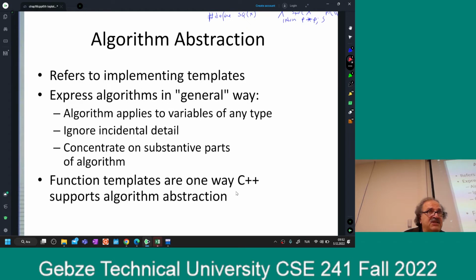Do I need to instantiate the square root for characters or day of year? No, right? Square root works for doubles only. Why make it more complicated than it needs to be? Most of the time we know what kind of specific function it's going to be, so don't make it more complicated. But I agree with you that